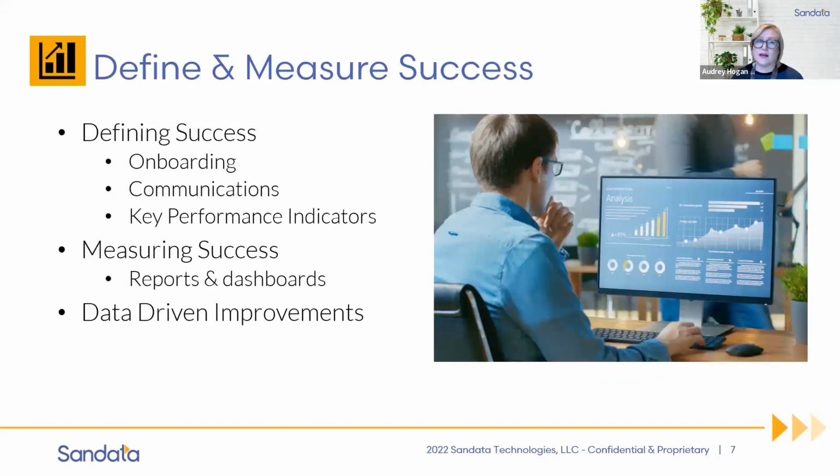Okay. Define and measure success. I think this is one of the critical things that we sometimes pass up on. What does success look like? What is onboarding success? Is it that people are registered? Is it that people have received their credentials because they've taken the training? Watching that path, looking at people as compared to the norm, and determining if they're on the right path or is there some correction we need to take.